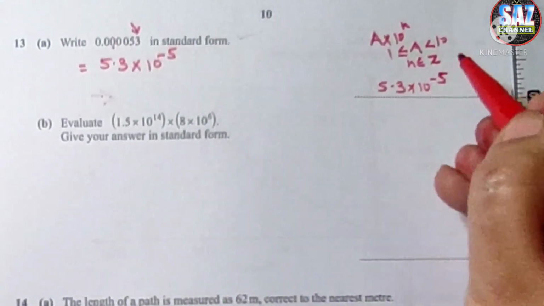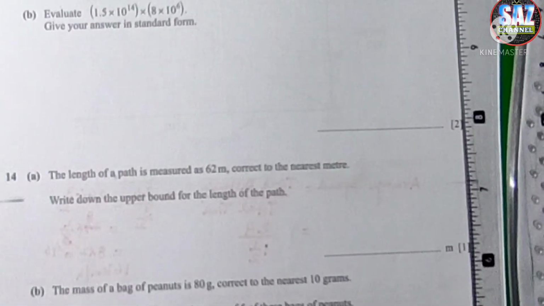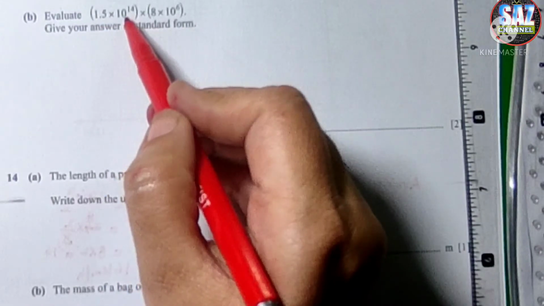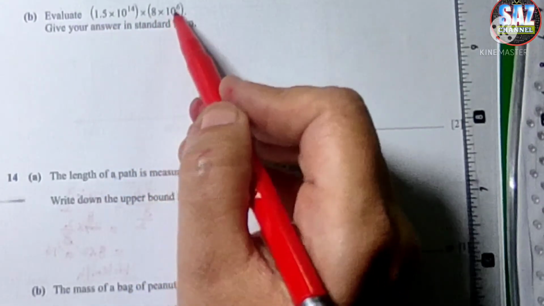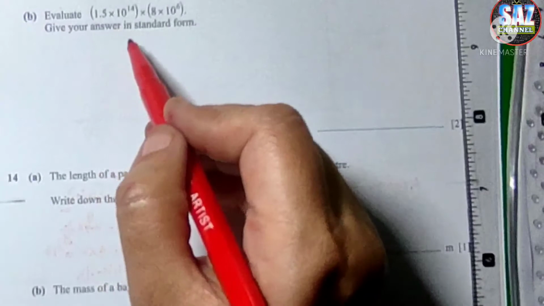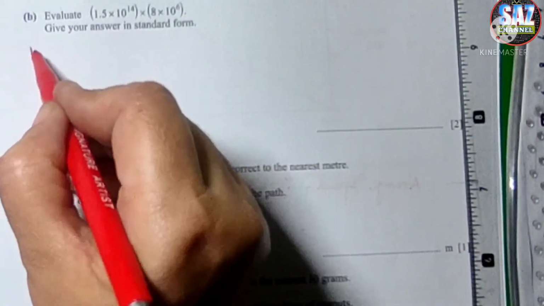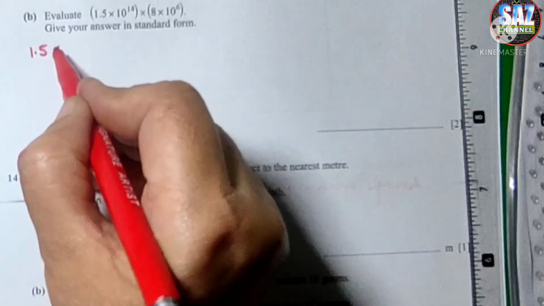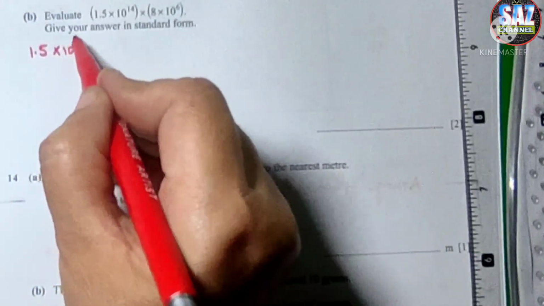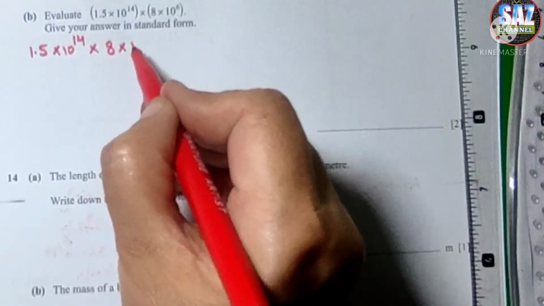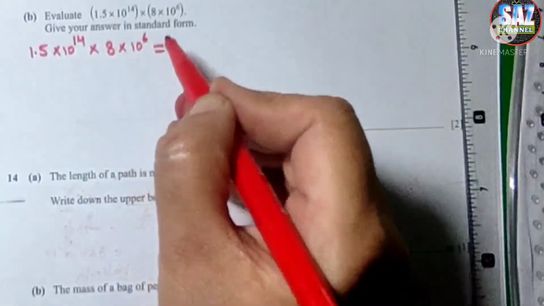Minus 5. Okay, let's go to the second part, and the second part says evaluate 1.5 multiplied by 10 raised to the power 14 multiplied by 8 multiplied by 10 raised to the power 6 and give your answer in standard form. So what we have to do is write down the question: 1.5 multiplied by 10 raised to the power 14 multiplied by 8 multiplied by 10 raised to the power 6. Now look,